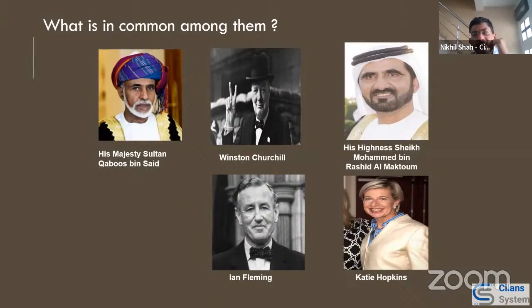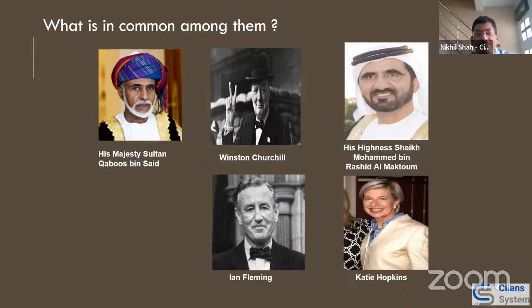The purpose is to see how our brain thinks, because artificial intelligence is basically giving intelligence to a machine so that it can think like a human. So we need to understand how our human thought process works.